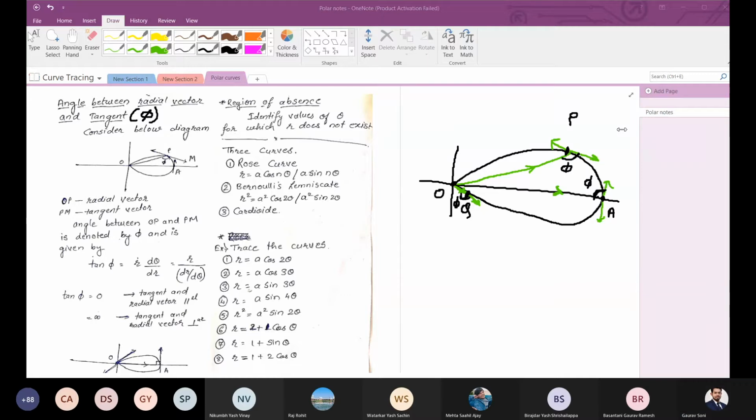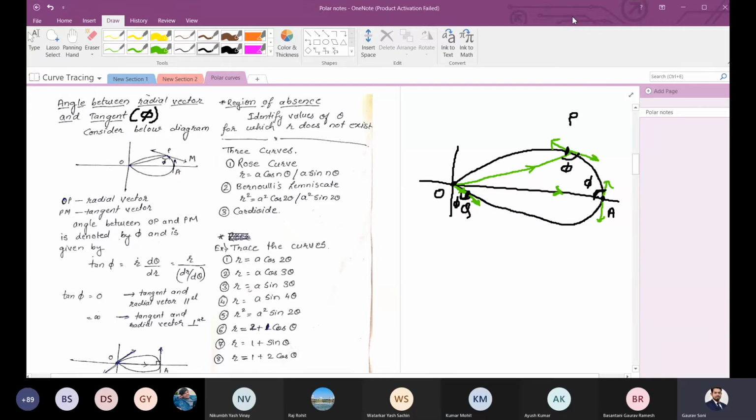No one? Sir, the coordinates of Q, if they are r comma theta, then theta is equal to phi. No, don't go with r and theta. What you see is the angle that you are getting between the radial vector and the tangent vector. They are collinear, I guess. So zero, they look collinear. The angle must be close to zero. Yes, exactly, very little, tends to 0. Yes, exactly.